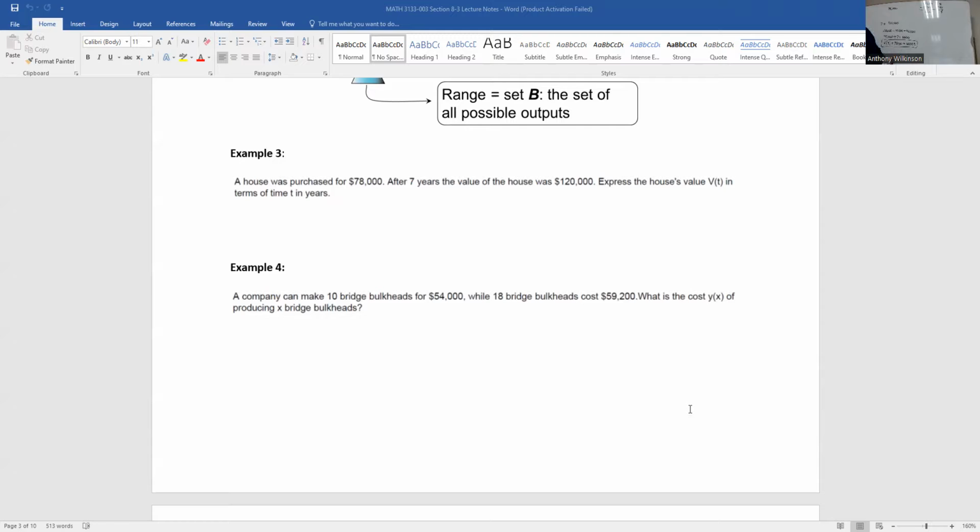So if I do 5,200 divided by 8, what would that be? 650. So each bridge bulkhead would be about $650. So that means Y of X would be 650X, and then plus